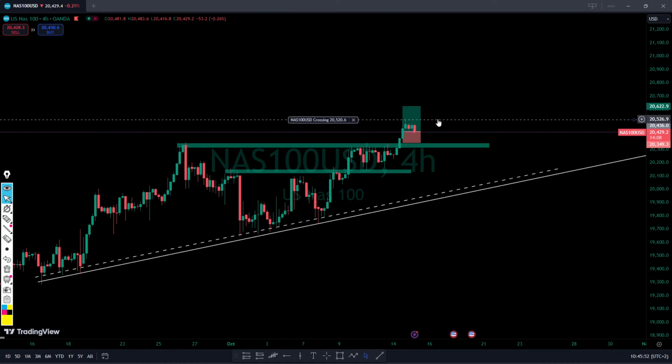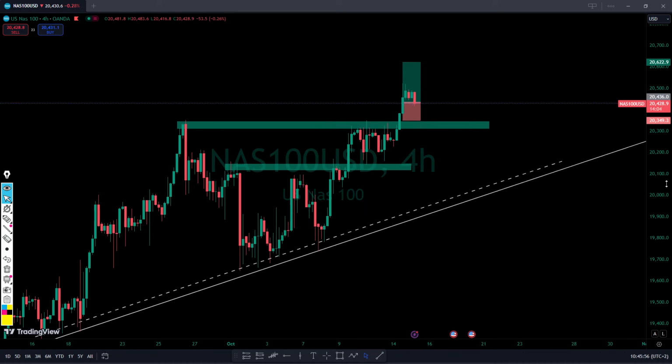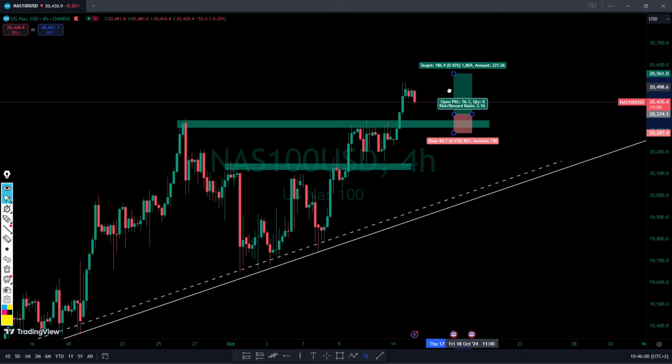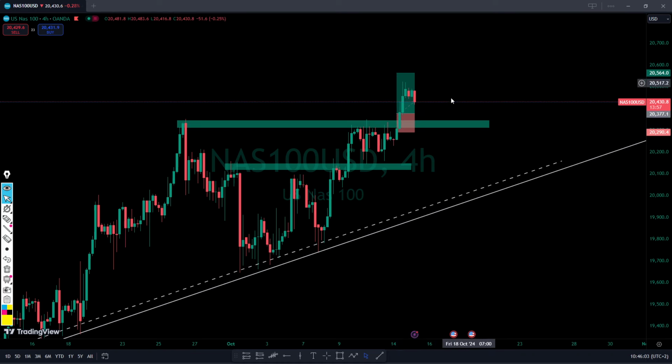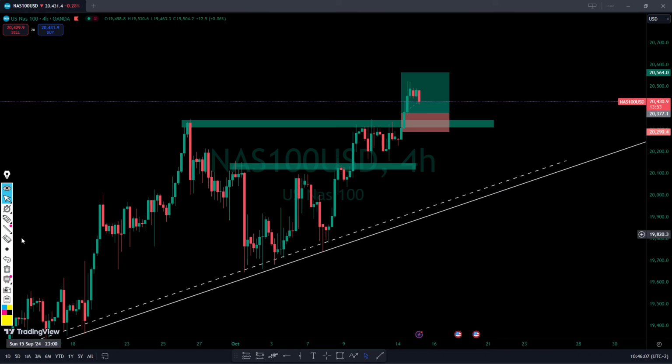We can easily see that on Nasdaq we also had a nice structure there, but it did not really move nicely like US30. Actually, we were supposed to get in around this level, but we were a little bit late. But yes, we did make something. So at the moment, if the market reverses, I think I'm expecting to see the market reaching this level